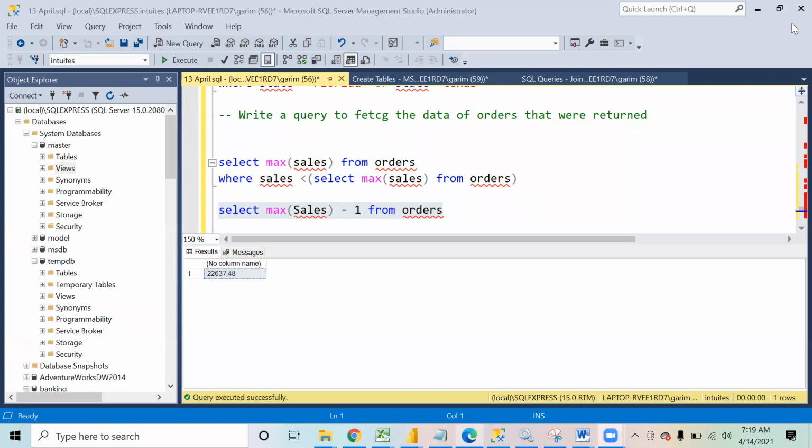I think I used something like this. Sorry.